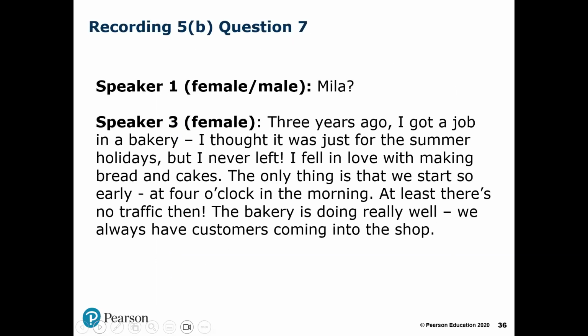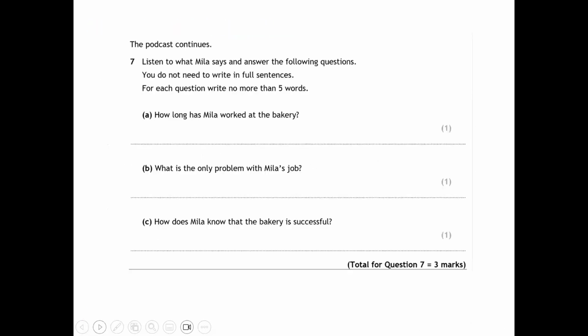So 5B continues, on we go, and 5B gives us question 7, and question 7 is the free response question, and again, no more than 5 words. So we see the pattern of the question types, and so for each of these there is the sort of strategy that we want.